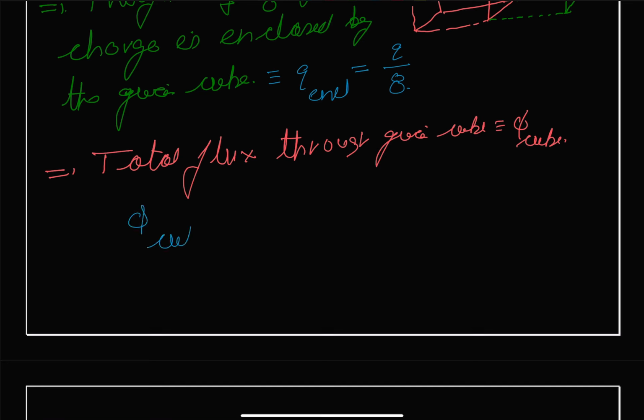Charge enclosed is q by 8, divided by epsilon naught. So this can be written as q by 8 epsilon naught. But